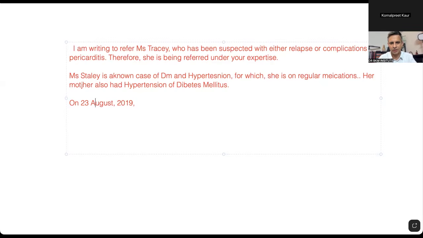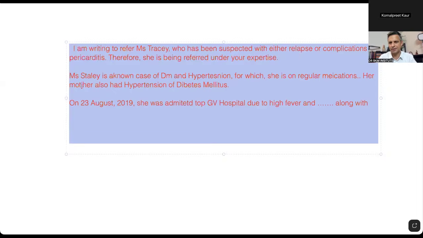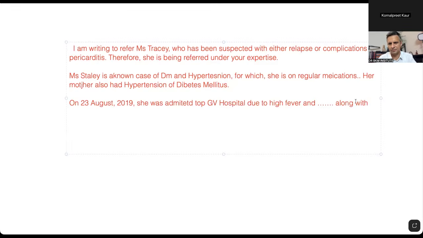On 23rd August 2019, she was found, she was admitted to Green Valley Hospital. Don't write she went to the sister, nothing. Due to high fever and this along with phlegmy. No commas, nothing. Just a second. Along with whatever other readings were, like due to high fever and elevated respiratory rate and heart rate, HR. Okay. So on examination,